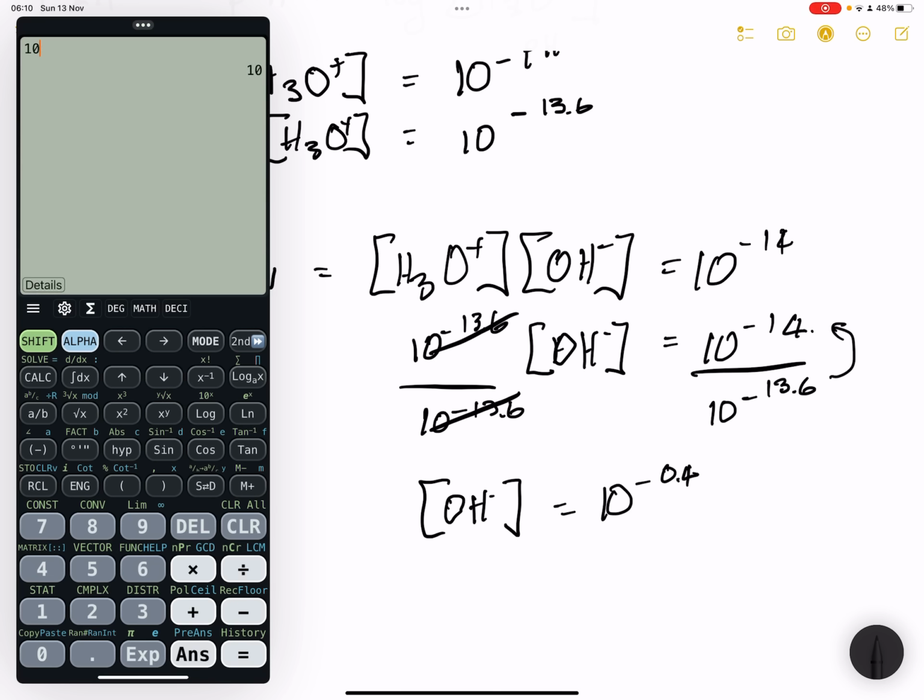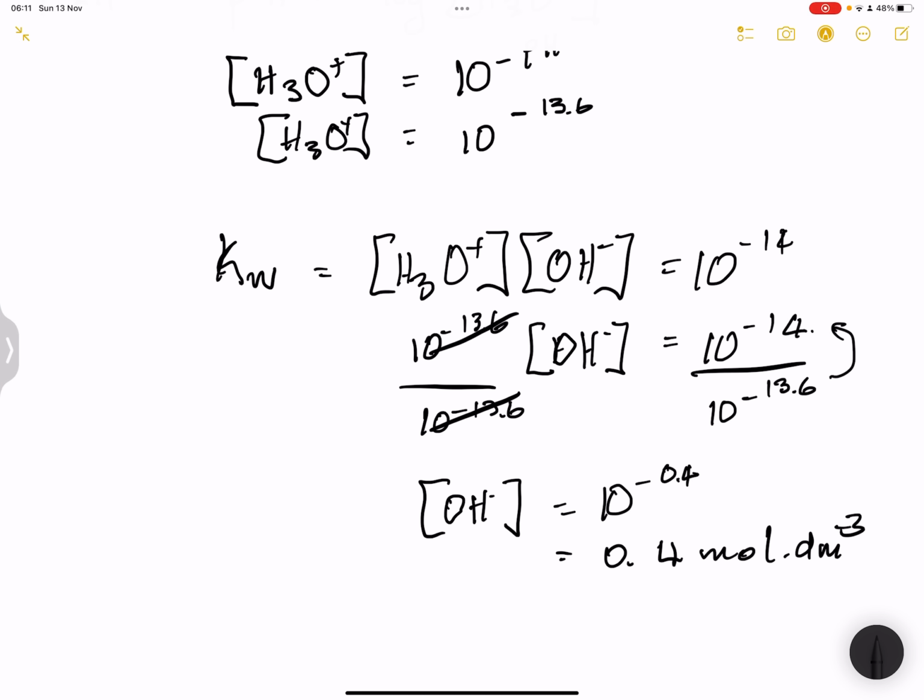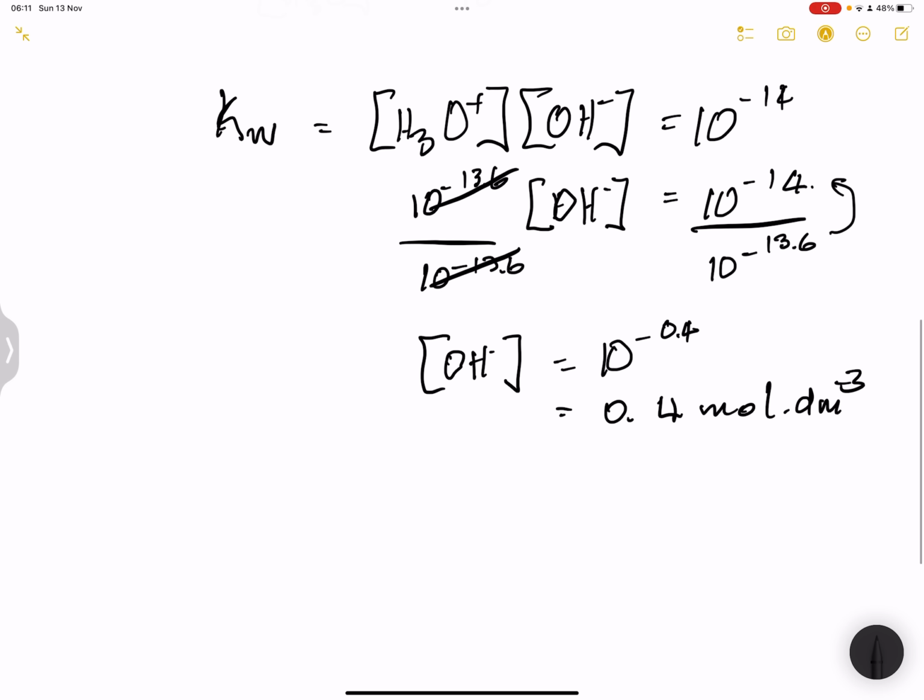So that's 10 to the negative 0.4. I get 0.39. Let's just say 0.4 moles per cubic decimeter. Now, please remember, we're not looking for the concentration of hydroxide ions. We're looking for the concentration of barium hydroxide. Now, what you want to notice is that